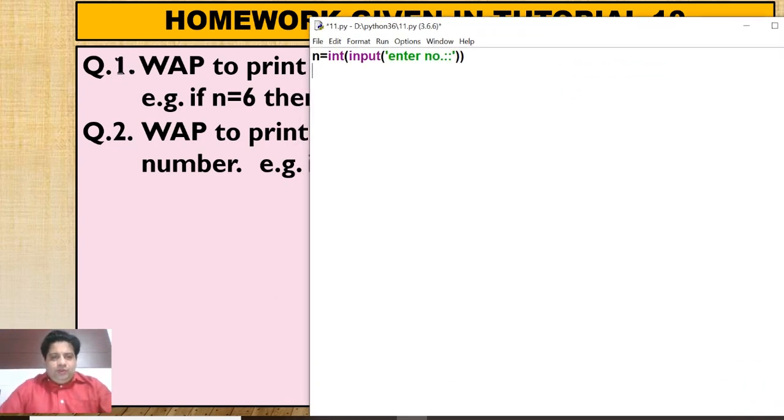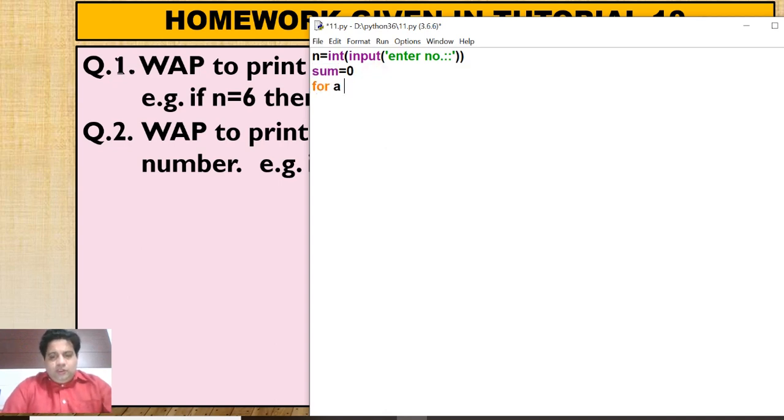So I have told you that whenever you have to find the sum, take one variable with any name and initialize it with 0. So I am keeping the name sum only. I am taking a meaningful name so that the logic can be explained easily. So this sum will store the factors of a number.